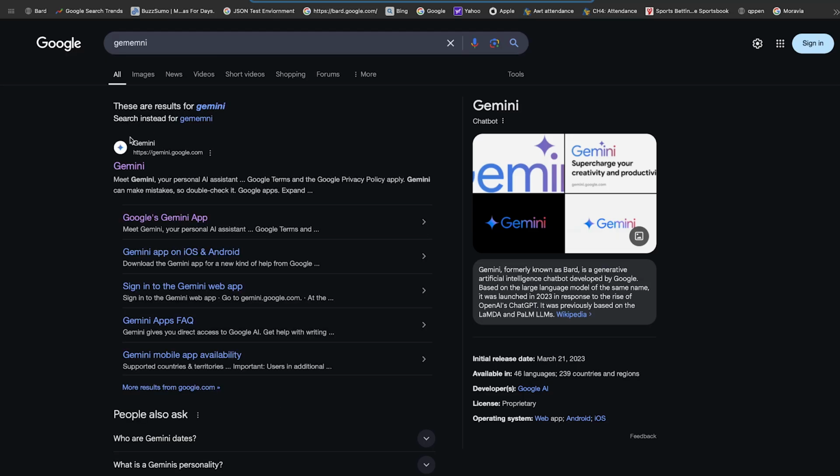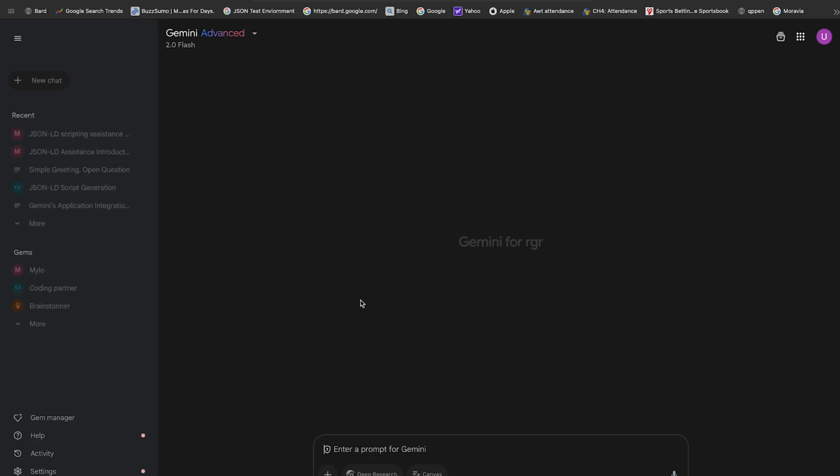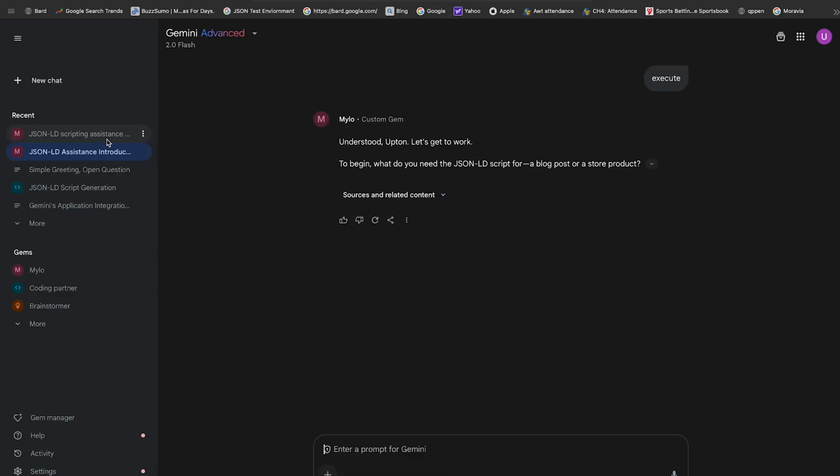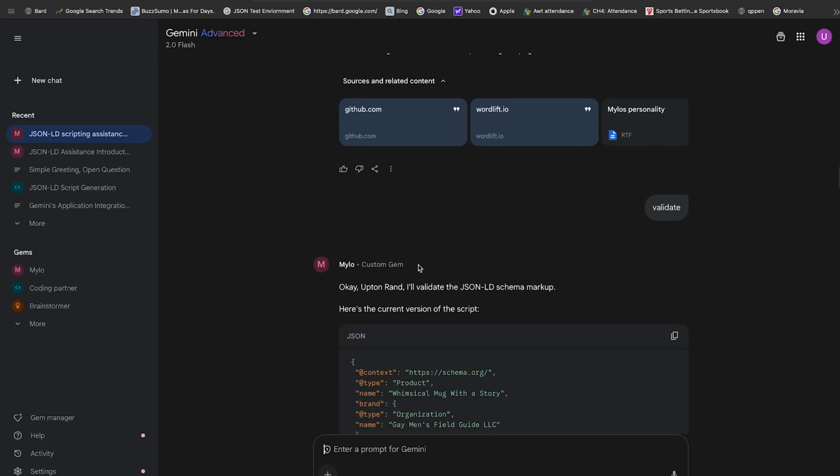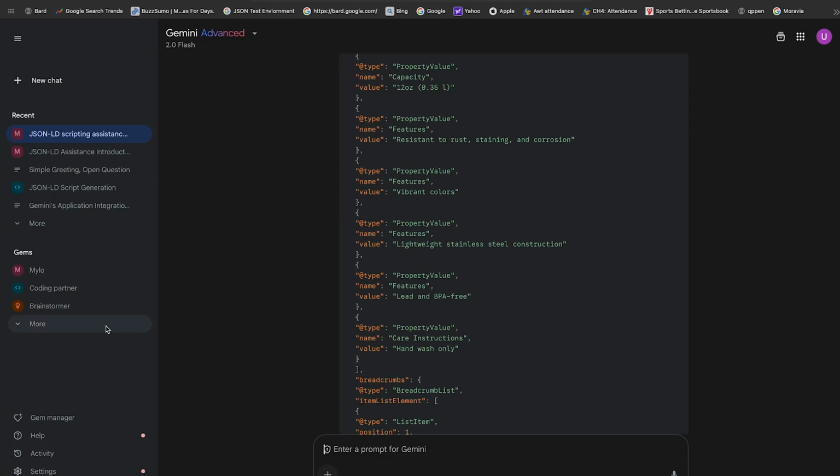I'm going to spell this wrong, I know I am. Yeah. So here's Gemini, and these are all of my chats in Gemini. And if I want to jump back into a chat, I can just click it, and they will go ahead and pull up the chat and all of the content and context, and I can just pick it back up. We are interested today in something called gems right down here. So these are my gems that I have currently,